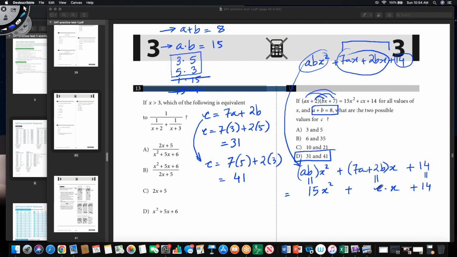And there may be more complicated polynomials, like there could be an x cubed term, there could be an x squared y term, there could be an x y squared term, there could be a y cubed term. It doesn't matter. You have to basically convert both sides into polynomial forms and then equate the coefficients of the like terms, and that will set up a system of equations for you to solve. Right. I think that was the part that